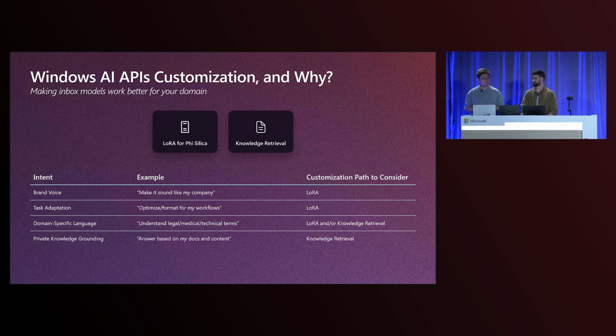Exactly. Well, I do have a question though, Rahul. You said fine-tuning for a language model. That sounds really costly and complicated. I think I'm out. I don't want to do it. I know it feels that way, but it's actually not that hard. All you need to do is bring a data set of how you'd like the model to respond, so prompts and sample responses, and we take care of the rest.